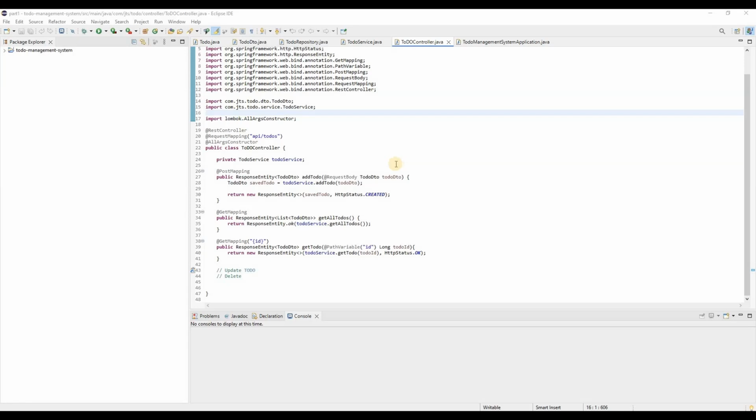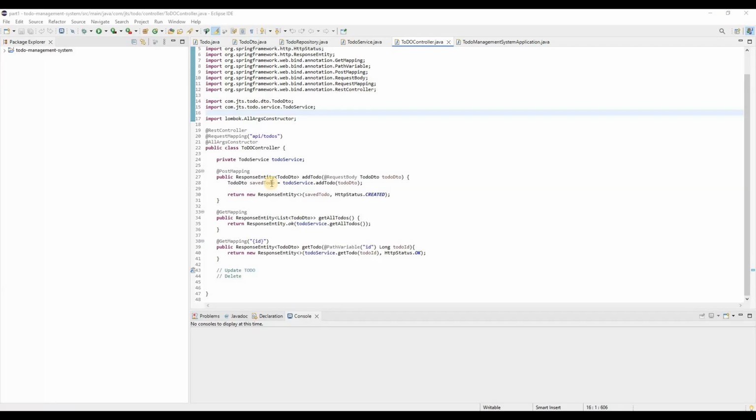I already have one existing Spring Boot application, which is a to-do management system. Here I'm going to implement this connection pooling. To implement connection pooling in our Spring Boot application, there is a default connection pooling mechanism already available in Spring Boot, called HikariCP. HikariCP is a JDBC data source implementation that provides a connection pooling mechanism. It is lightweight and better performing. So here I am going to configure the Spring Boot 3 application to use the Hikari data